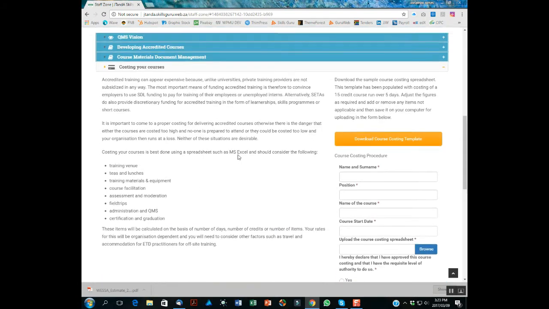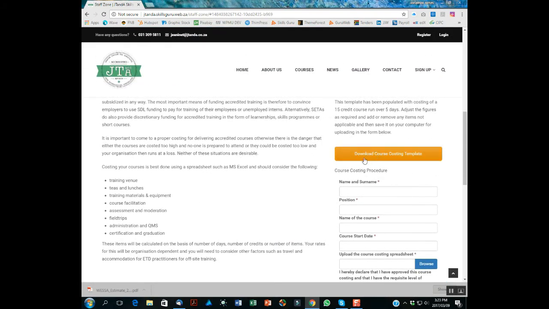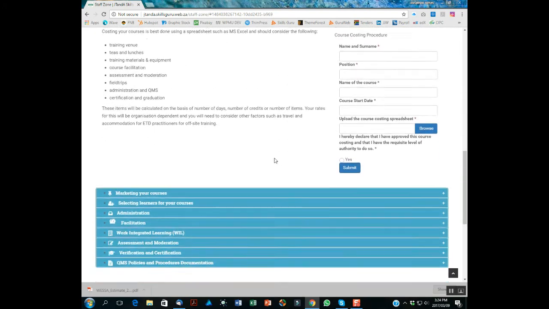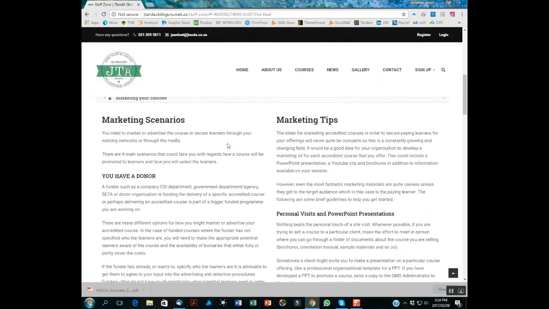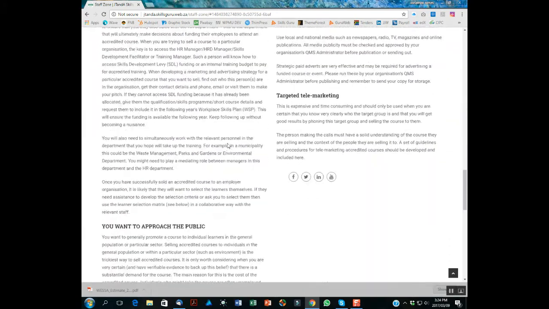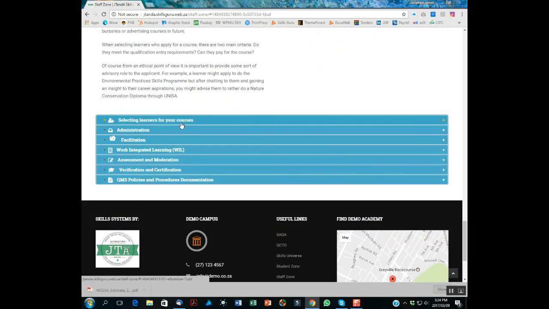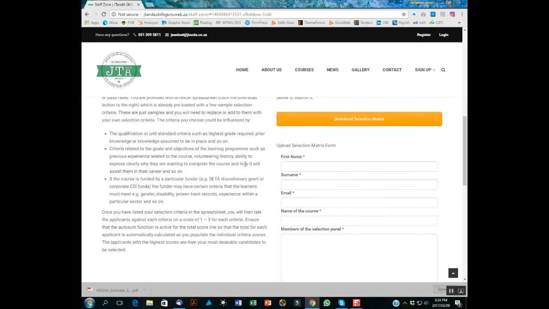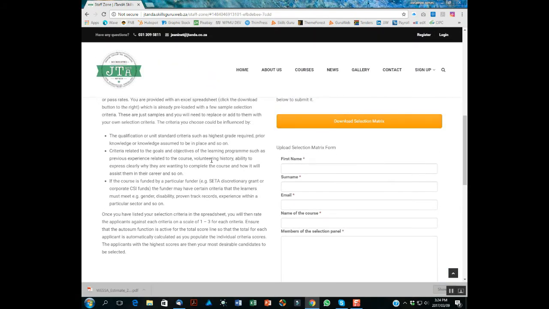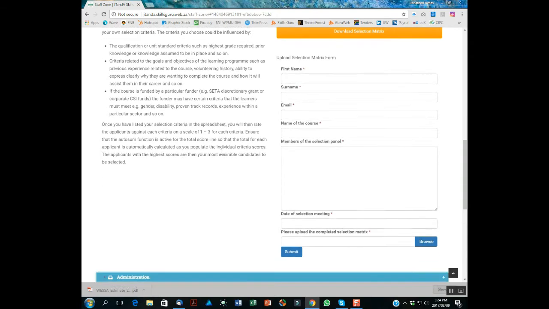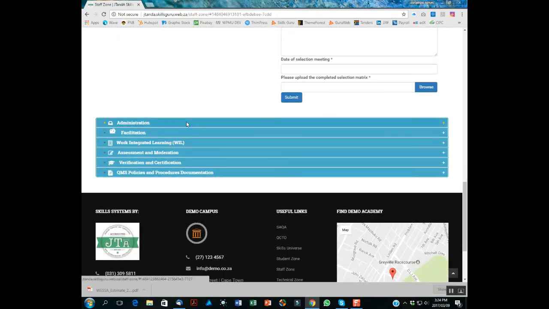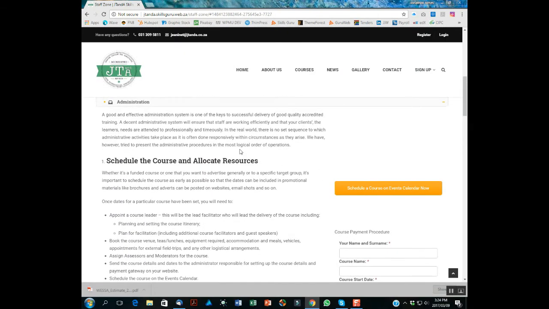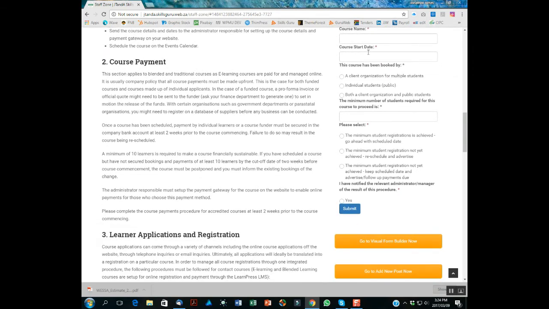There are tools for costing your courses. There's a spreadsheet that you can download and populate, and it has built-in formula that will help you to develop costings for your courses. There's a section on marketing your courses. There is a section on selecting learners, and again there's a spreadsheet that you can use for selecting learners against various criteria. A section on administration of your courses with a range of different procedures that have to be followed,